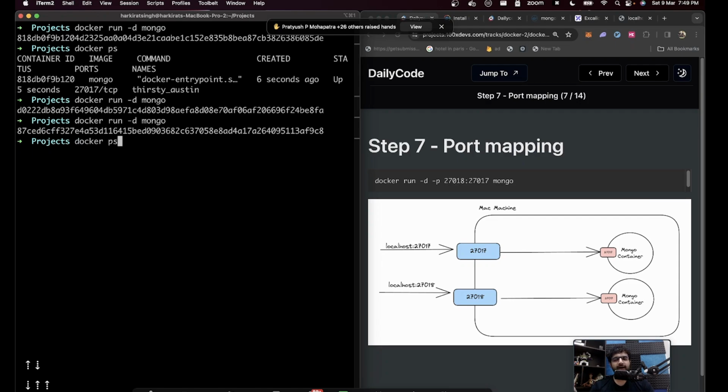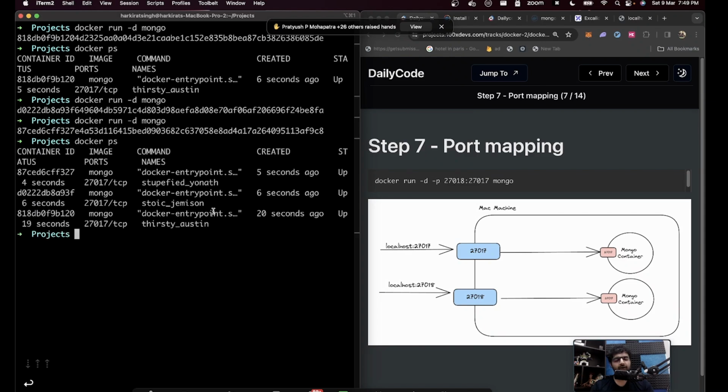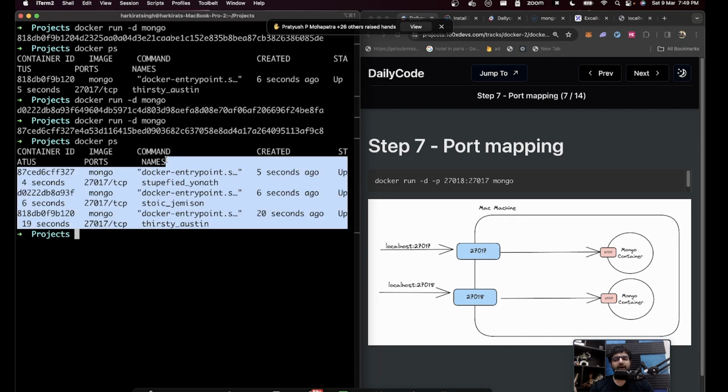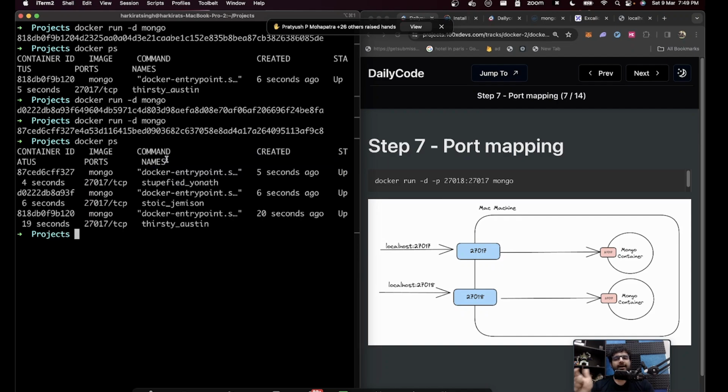Doesn't make sense to run 3 containers, but you get the idea. If you want to, let's say, have a different MongoDB instance running for one application, different for another one, then you can start this many times. Of course, this won't work at all because we haven't yet added the port mapping.